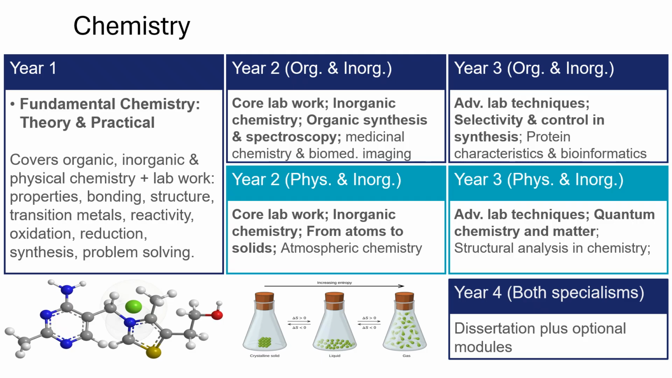As you can imagine, the practical side of chemistry is very important during this course, so you have a core module on lab work in both years 2 and 3, and then advanced lab techniques in year 3, which focus on a group research project. But then you will have a core module on organic synthesis and spectroscopy, for example, in the second year, and the possibility to choose between different optional modules. An example of this is medicinal chemistry and biomedical imaging,